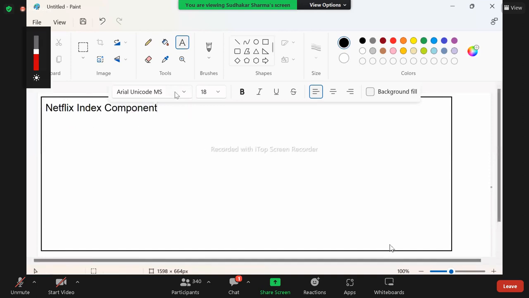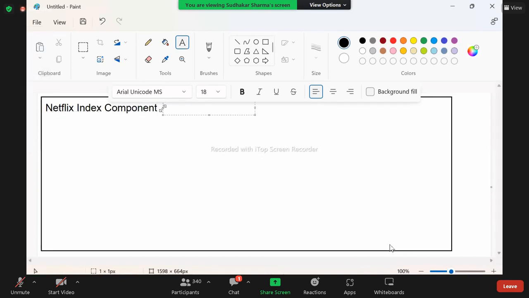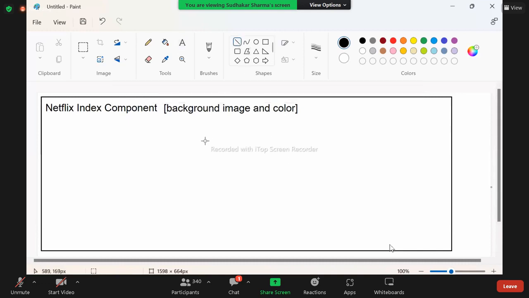In this Netflix index component, we need to design this index component with the background image and color. On that, inside this index component,